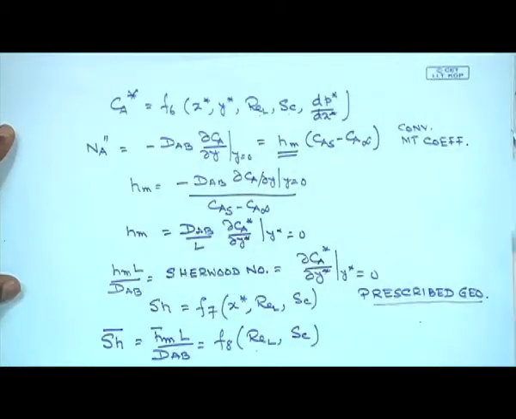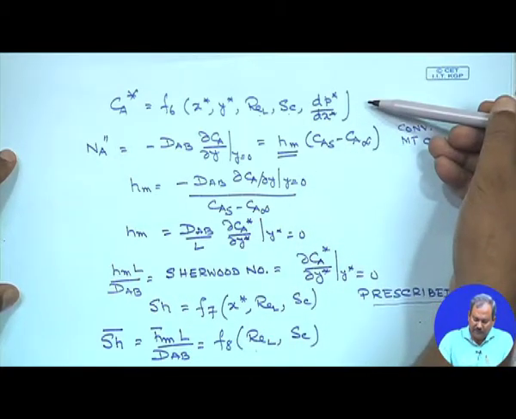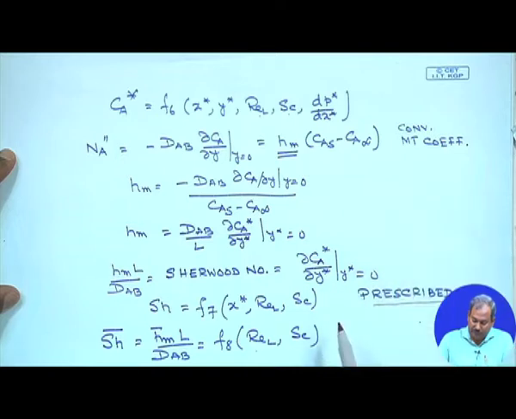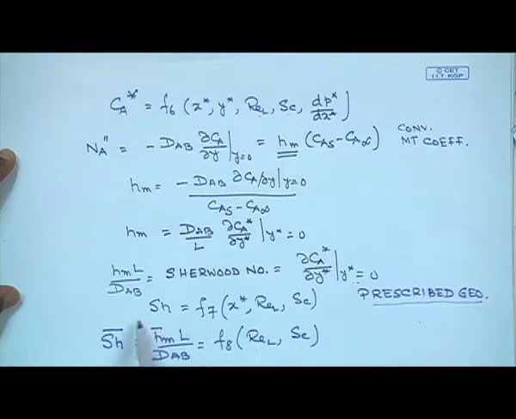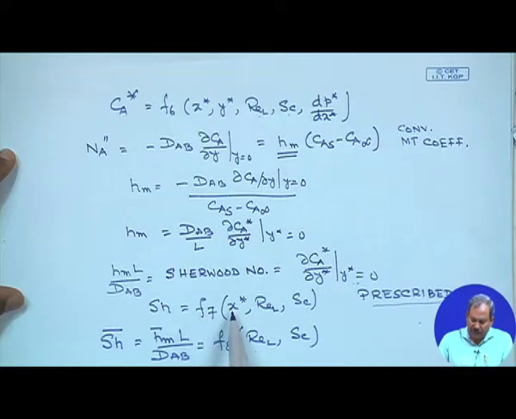Exactly the same way, I define h_m L by D_AB, that is the Sherwood number, starting with the functional form of C_S star, the same way as in heat transfer, where h_m is the convective mass transfer coefficient. So, the Sherwood number is by definition the dimensionless concentration gradient at the interface. Therefore, for a prescribed geometry, Sherwood number would simply be, I call this function F7, which we still do not know, but F7 should contain x star, y star would not be there,